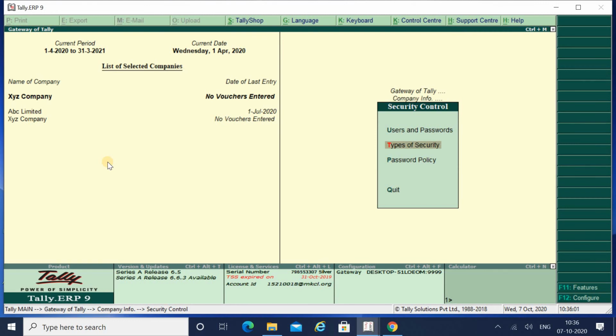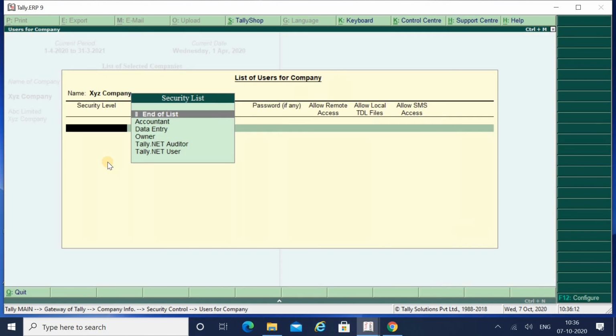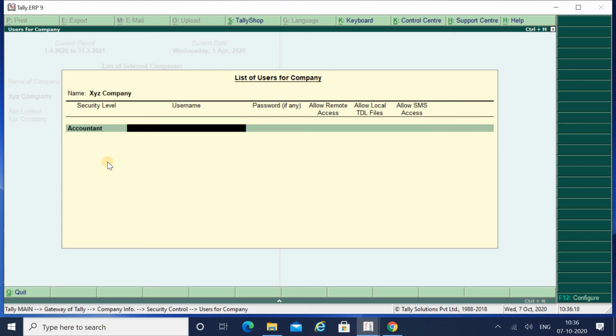Now we shall press enter on the security control option from the company info box to open a box. In it we select the user and password option. So I will go to users and password. Then I will go to accountant. Username: what is the name of the accountant? If I write it as Mohan, then give the password.